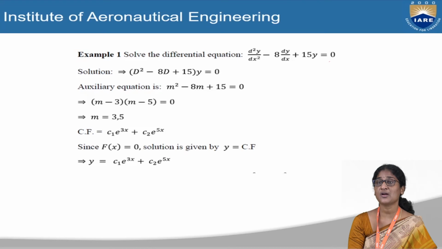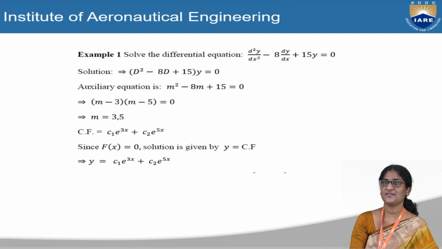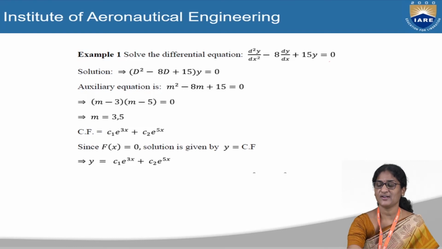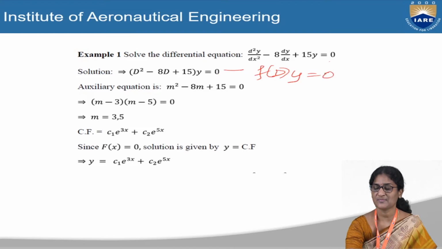So we have only the complementary function for such types of equations. Now what is the order of the differential equation? The highest derivative appearing is 2, so 2 is the order. Now write it in the standard form, that is f of capital D into y is equal to 0. Always try to write it in the standard form because sometimes the question will be given in expanded form, so that we can write the auxiliary equation directly by looking at the function in the bracket.